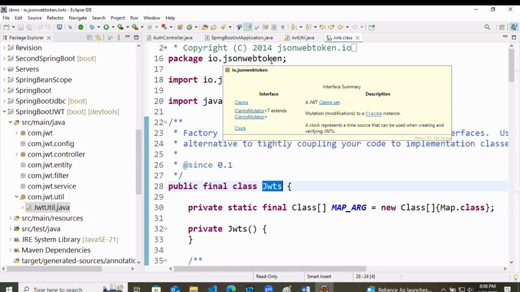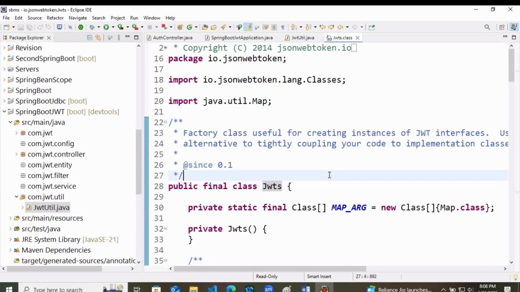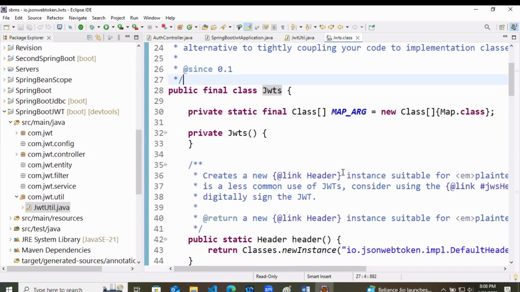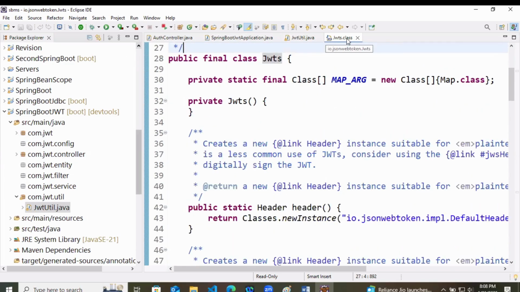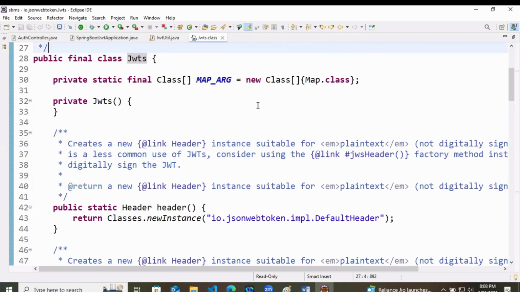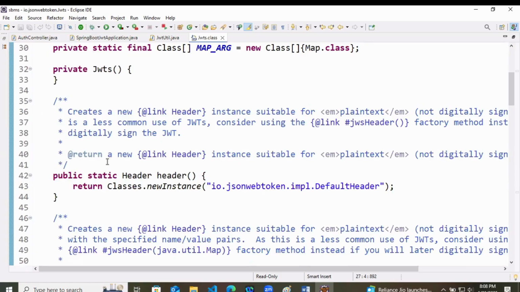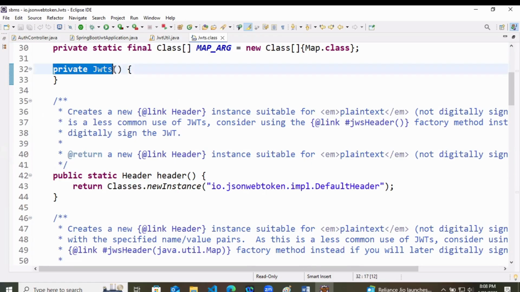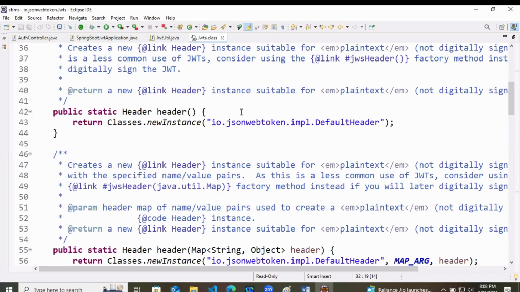For the same, we have added the dependency, JWTS, JSON web token. Now, if you read this class, it says that if you are creating the object of JWTS, it will create a new instance suitable for plain text.